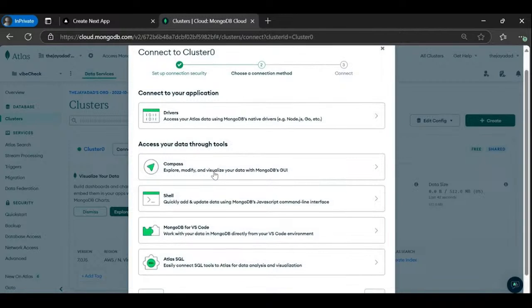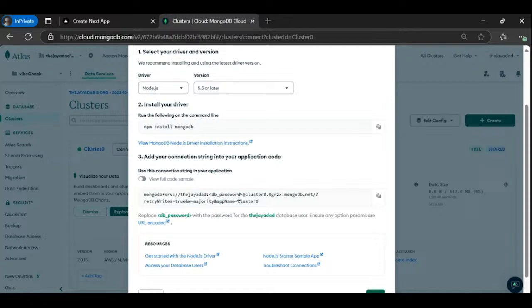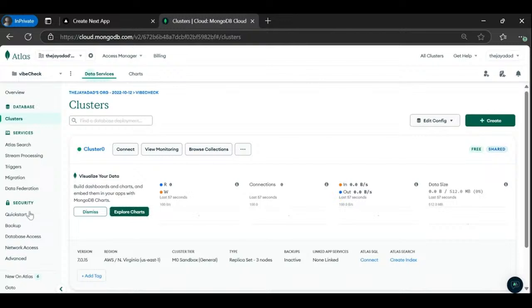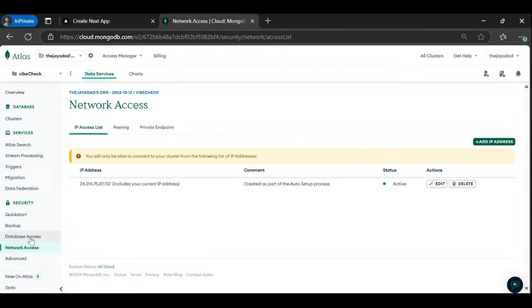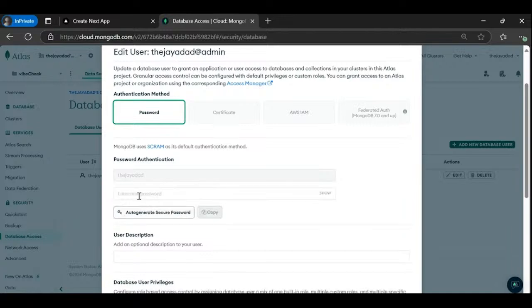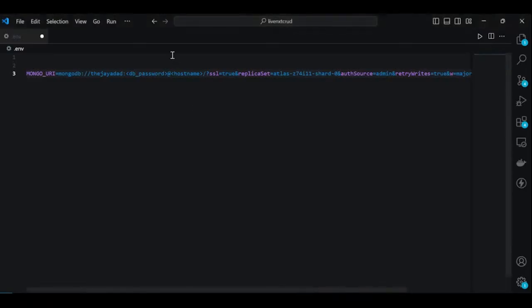Click on connect, go to drivers. You usually can just grab the code from this connection window, but that's okay. What we can do is we could just reset a passcode. So we'll click close and we'll go to network access, database access, click on edit, and we'll click edit password. We'll have it auto generate, click copy. Be sure to go down to update user